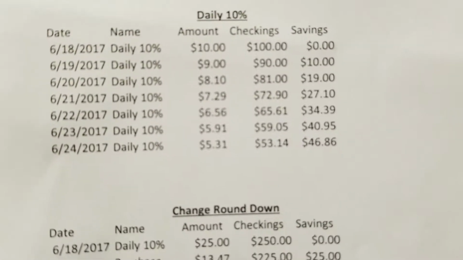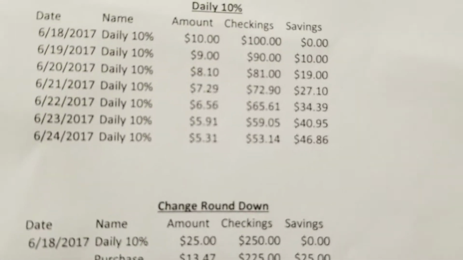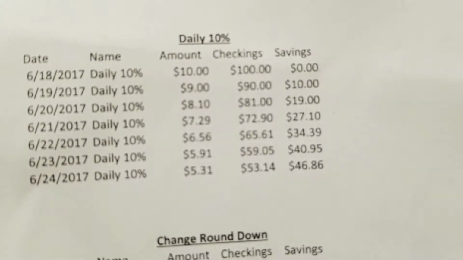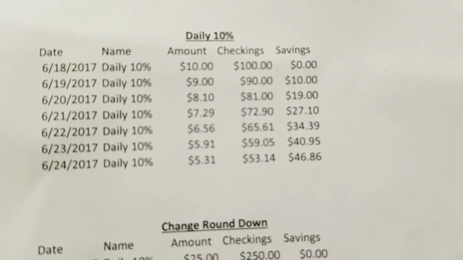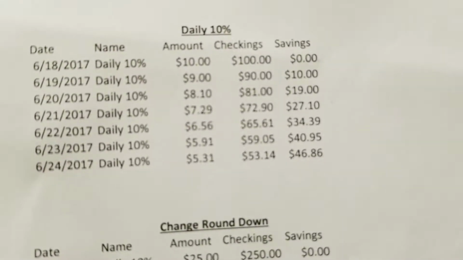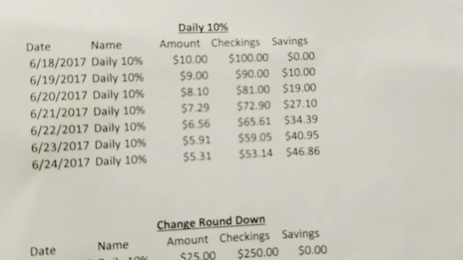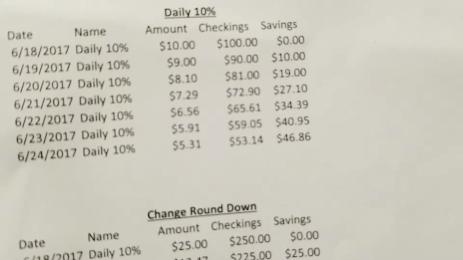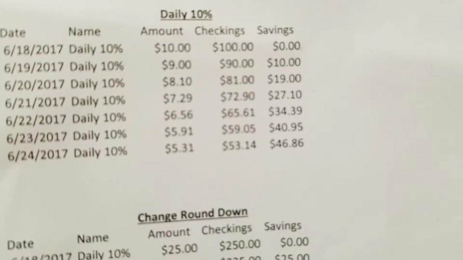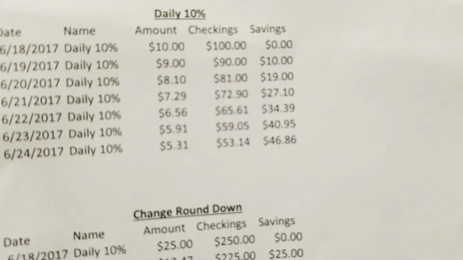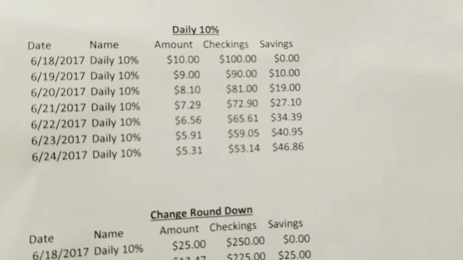So let's say, for instance, you have $100 in your account. You would take $10 out for the first day. Going down, since you have 90 in there, you would have $9 out. And then it grows basically from 0 to about $46.86 within 7 days, which is about